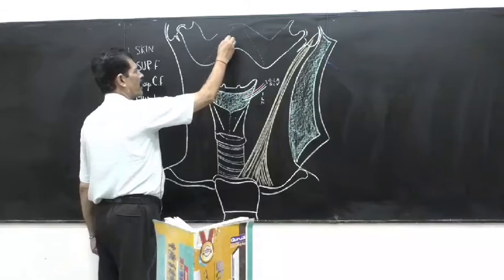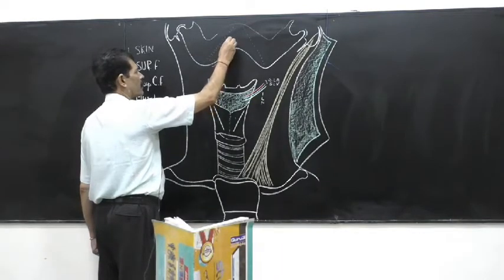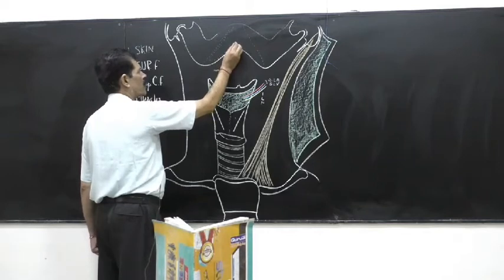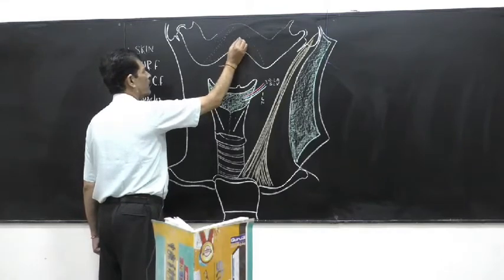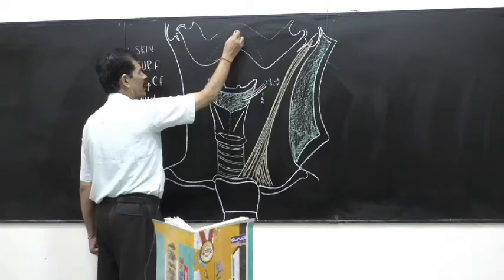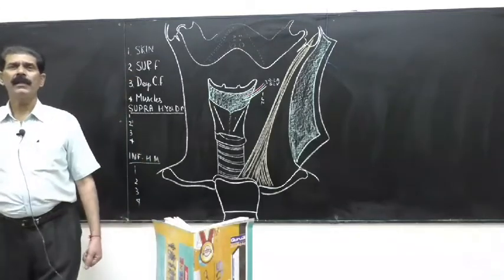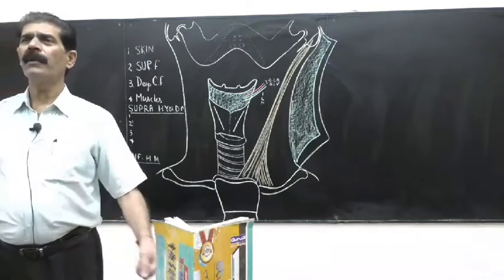And just below the mylohyoid line there is a fossa that is called submandibular fossa. And above the line there is a sublingual fossa, and just above the chin there is a small digastric fossa, and inside there are the 2 pairs of genial tubercles in the midline on either side of symphysis menti, superior and inferior genial tubercles. So you have to study the mandible very closely.